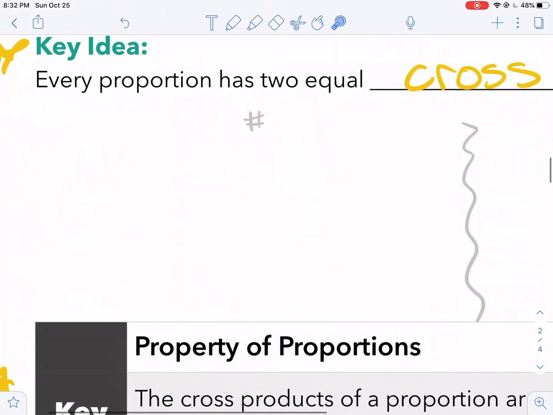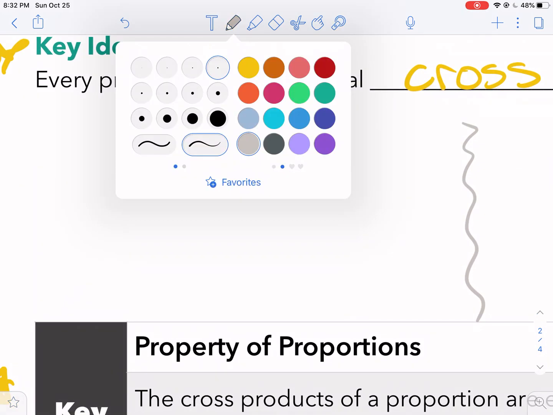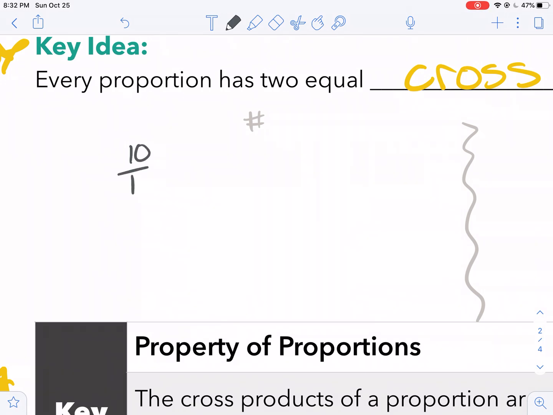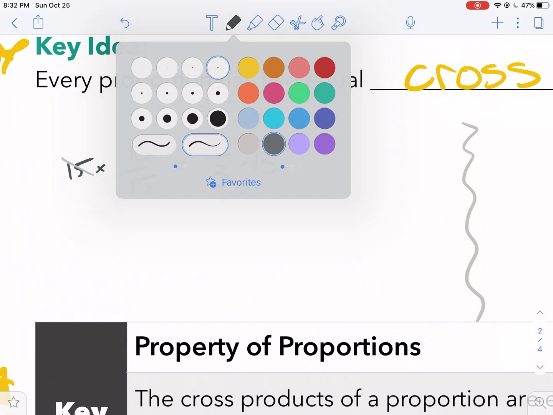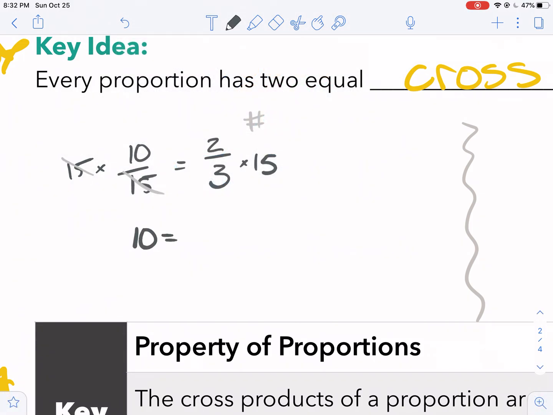Okay, so we looked earlier at 10/15, and I claimed that that was equal to 2/3. Well, let me prove it to you. Let's get rid of this 15 right here. So if I multiply both sides by 15, these 15s are going to cancel out, leaving us with 10 equals,